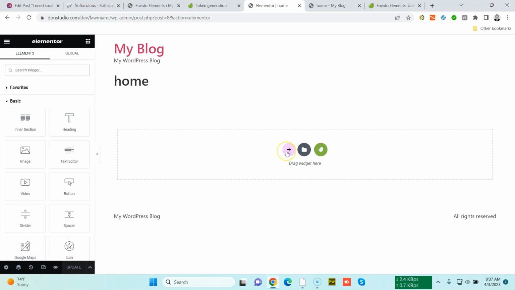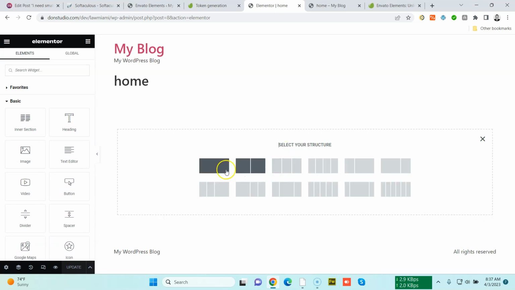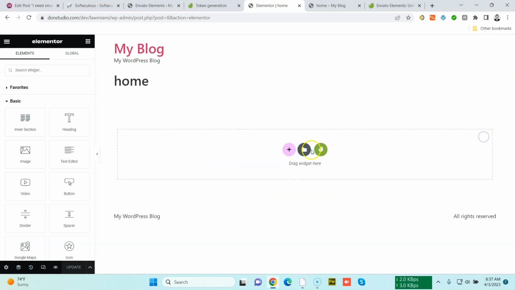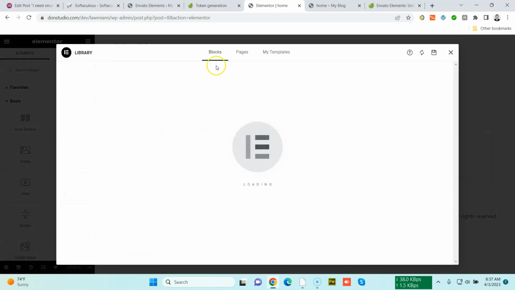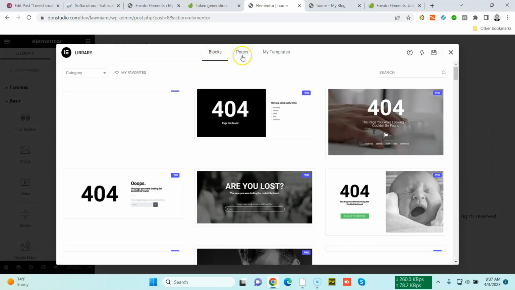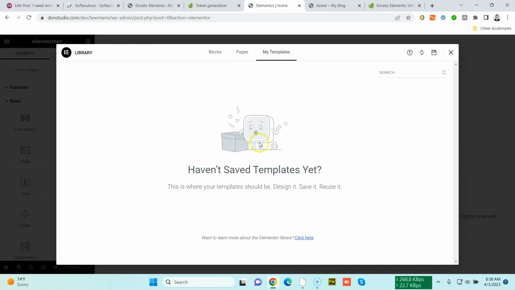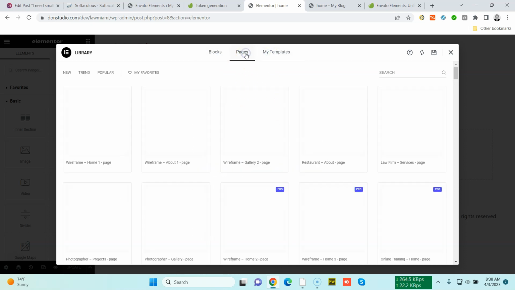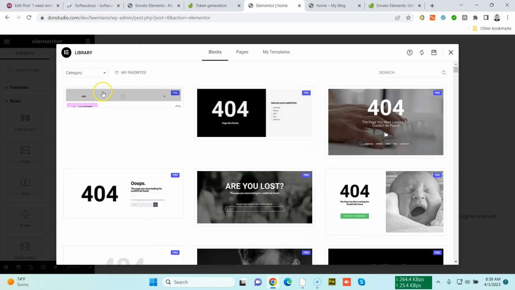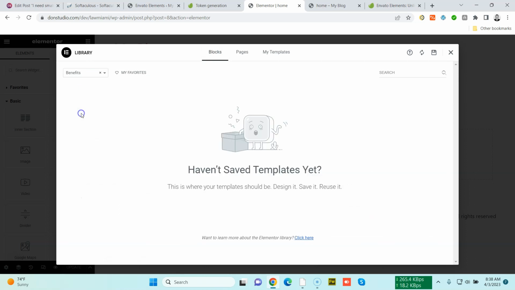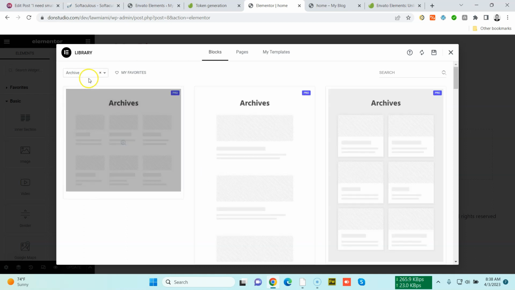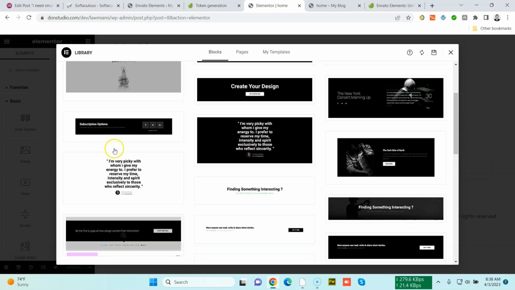Now, if you click here, add section, then you're gonna notice you got a lot of different options to add a section, or if you click here, you have the blocks, the pages, and my templates. Of course, on my templates there will be nothing because we haven't created anything yet. But you have pages and you have blocks and different categories here where you can actually select templates out of, call to actions,